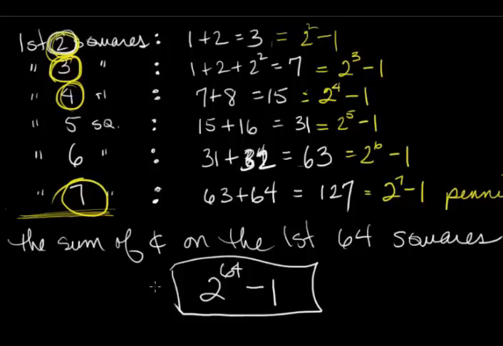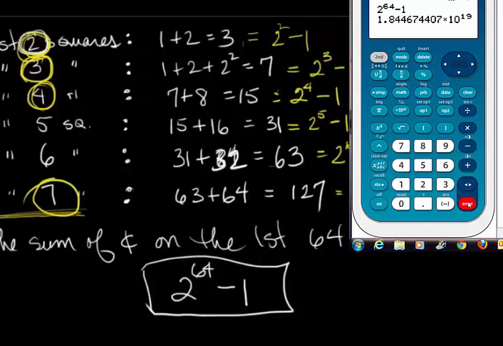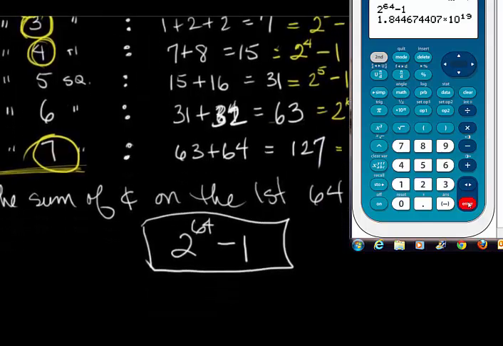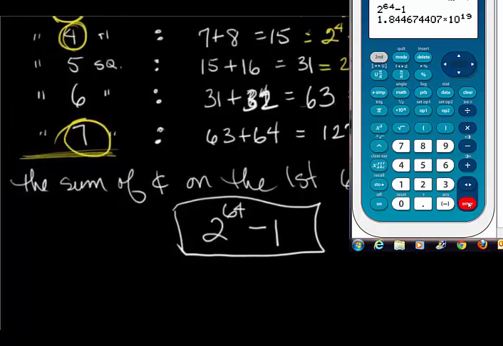So I'm going to do this on my calculator and show you what we get. First I clear my calculator so it says 0, and now I'm going to push 2 and then that key y to the x, and then 64 equals, and subtract 1, minus 1 equals. So here is the number that I get in my calculator, and you will get the same thing, maybe a few less digits to the right of the decimal point, or maybe a few more, but I get this number,